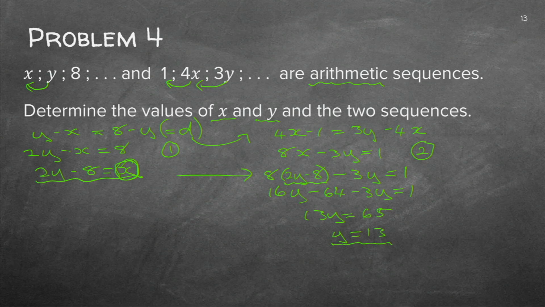Now the minute you've got one of the variables, you go back to the easiest equation. There x is already all alone. 2y minus 8, and the y is 13. So 26 minus 8 is 16. It's 18. No, minus 8. It's 18. Yes, it's 18. So there I've got my x and I've got my y, and let me just see if I'm right now. It's 2 times 13.